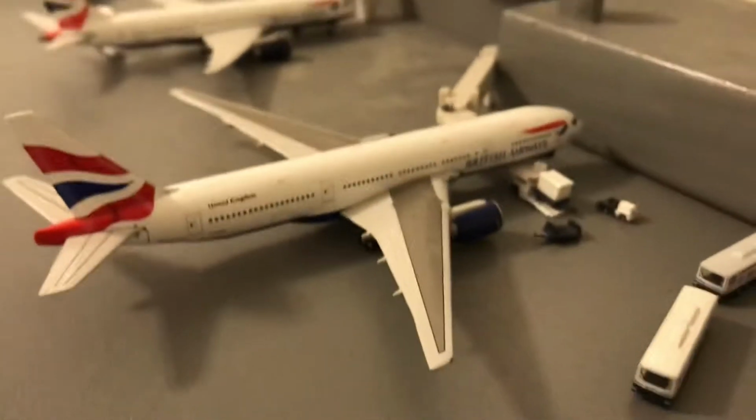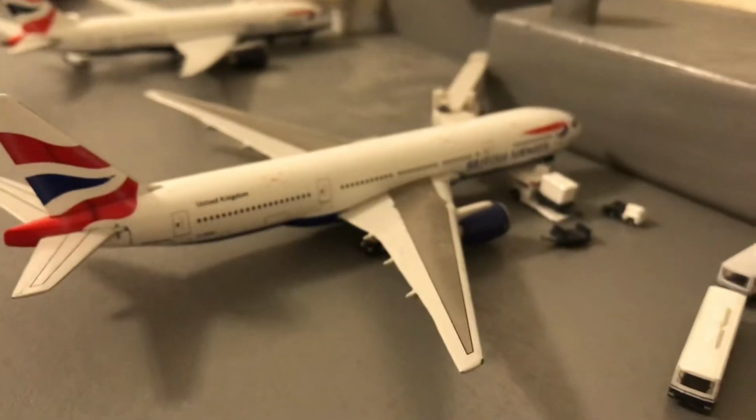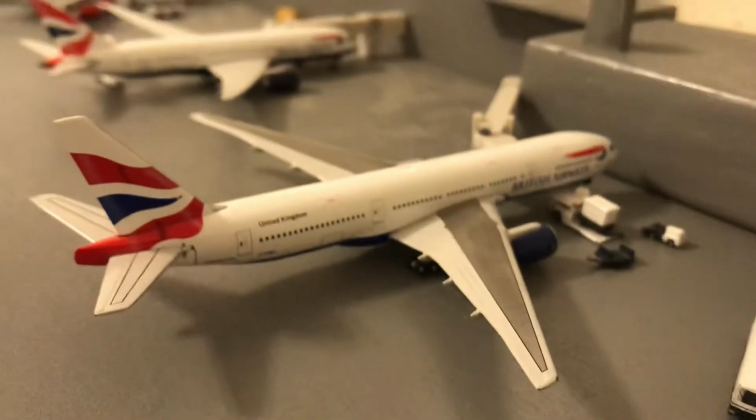Sorry. Yeah, I don't know why, but my camera just doesn't want to focus from far away. Could be my lights. They are pretty bright, so yeah. Anyways, here we have the... And by the way, I'm filming with an iPhone 7, so...